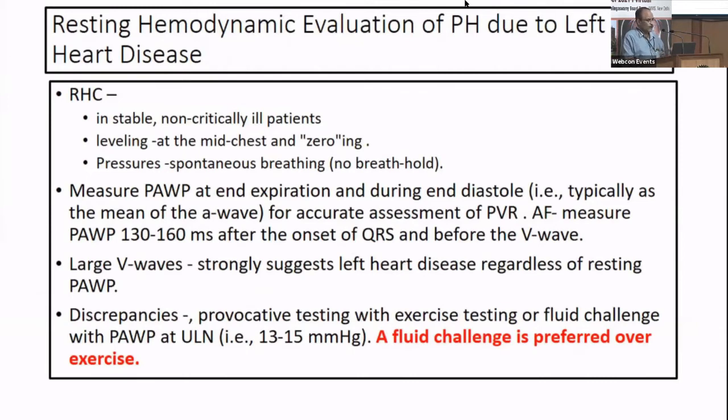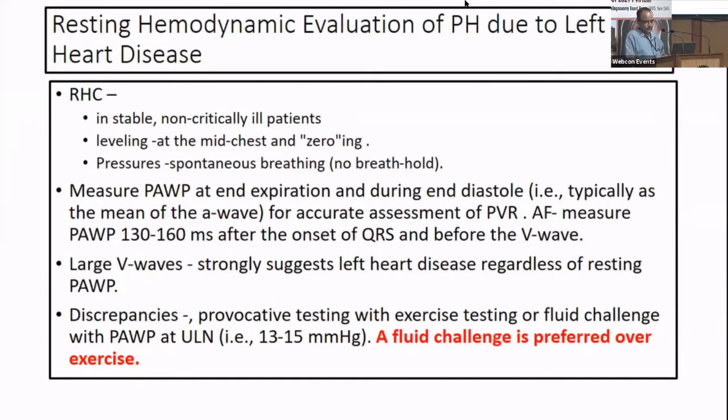You will evaluate the pulmonary artery wedge pressure at the end of expiration and in end diastole. If your patient is in atrial fibrillation, you diagnose it and measure it 130 to 160 milliseconds later. In patients who have